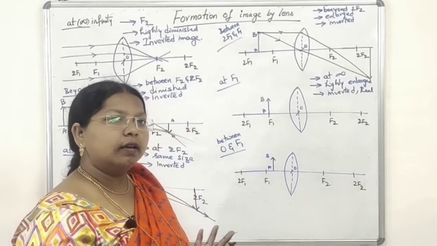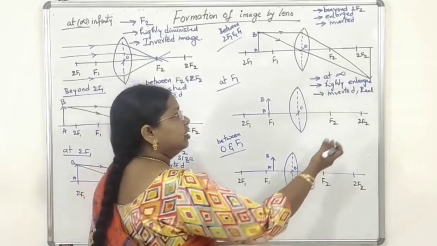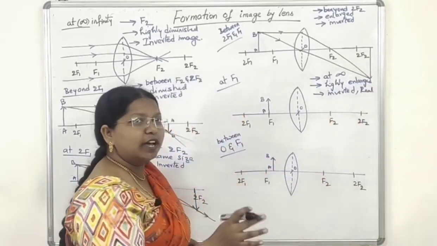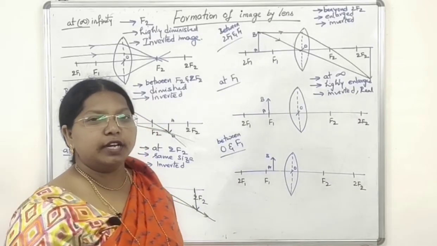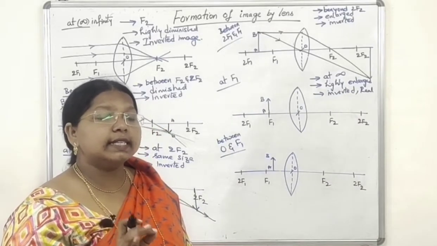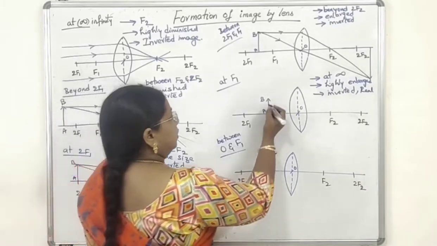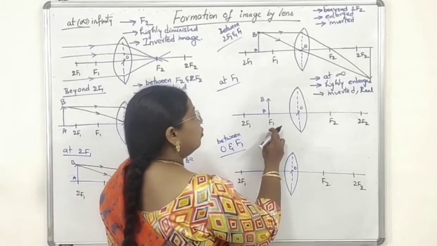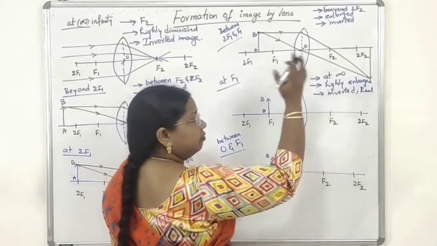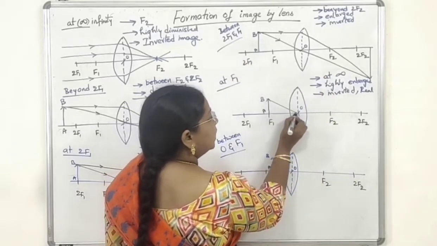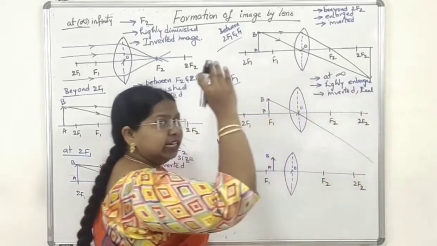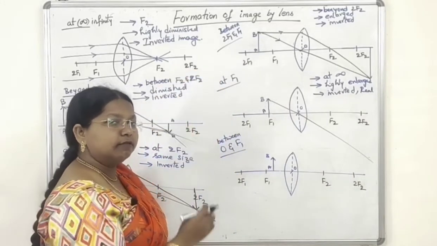Okay. So image position. Initially we draw the image position. No confusion now. So simply we will join it. So if you draw it like this, you will not make a mistake at all. Next one, at F1. So where is your image? At infinity. So optical center, go straight till infinity and meet at the object.